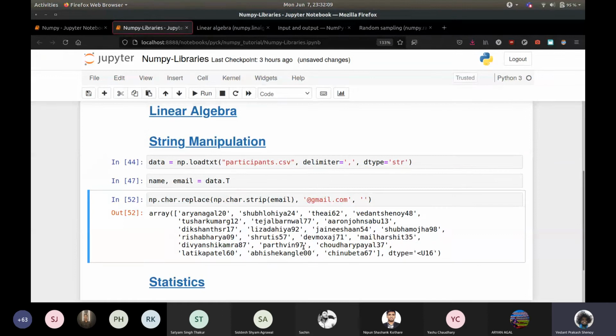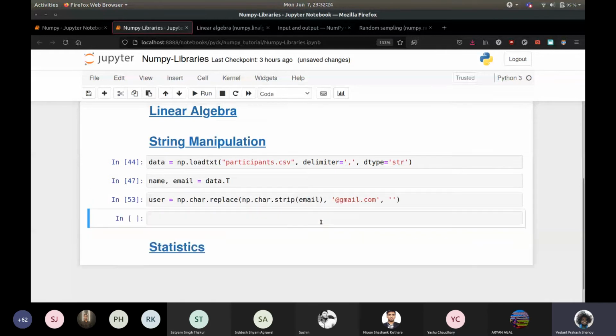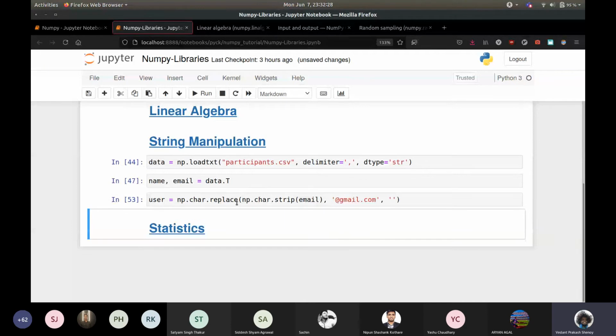Isn't that great? Of course, if somebody were using Yahoo, then this wouldn't work, right? So then you would have to use np.char.split, and you can still use that. You will do a split element-wise, but this just gives you the username quite easily, and then you can do a for loop and write down all the names quite easily.